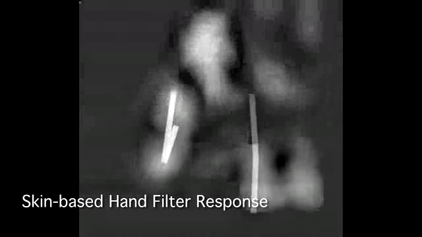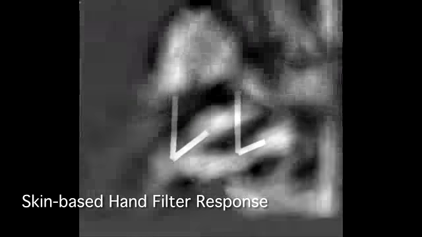Because detecting the hand location is an extremely useful cue in anchoring all joint locations, we improve the basic skin response map by learning a linear filter color-based hand detector. After convolving the skin response with our hand filter, we obtain an image that is significantly more informative than the